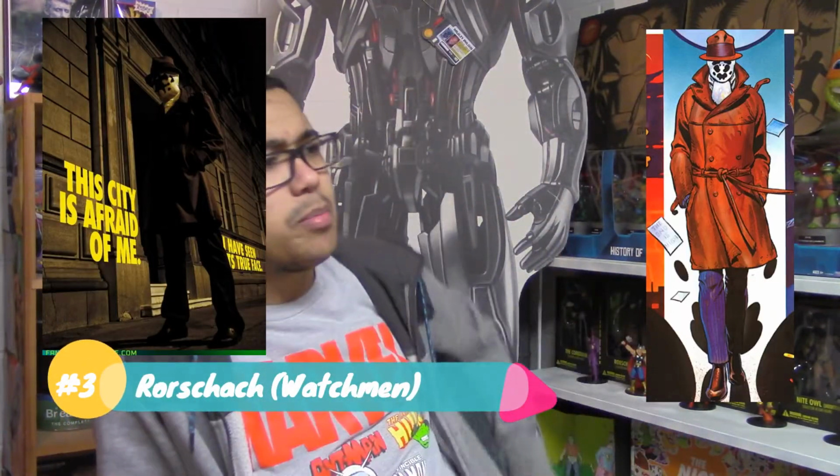Number 3 is Rorschach in Watchmen. Not very hard because you just put on a trench coat and a fedora, but it's the mask. They get the mask down pat, which I was always confused on how they did that. I figured it was CGI, but honestly it may not be CGI how they move the Rorschach mask,